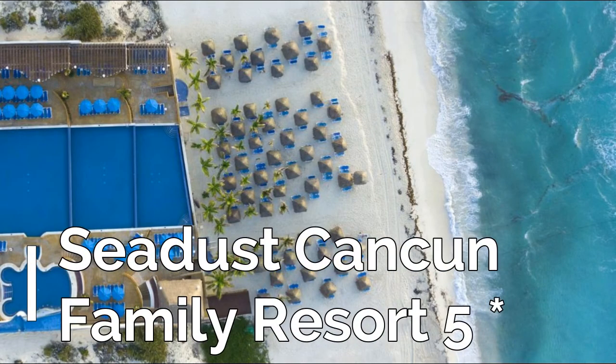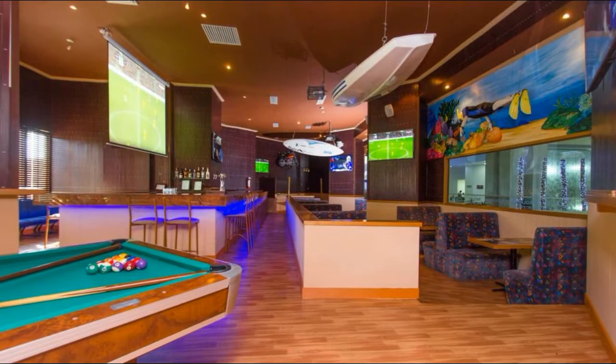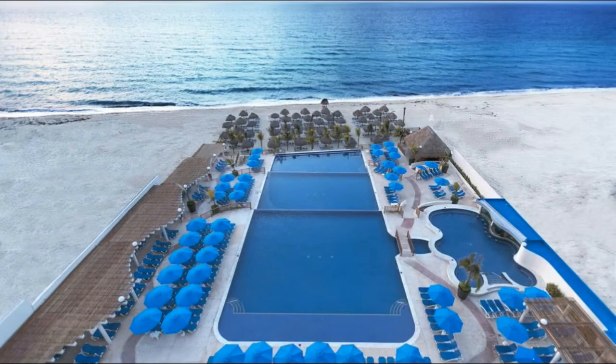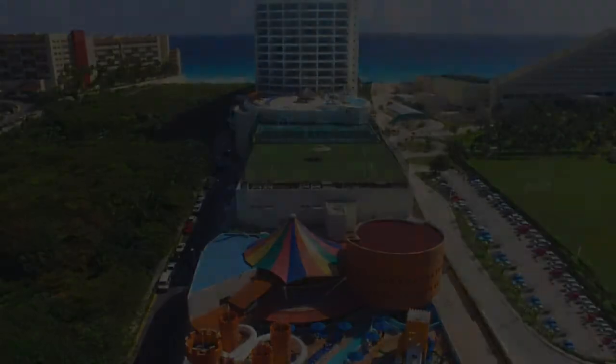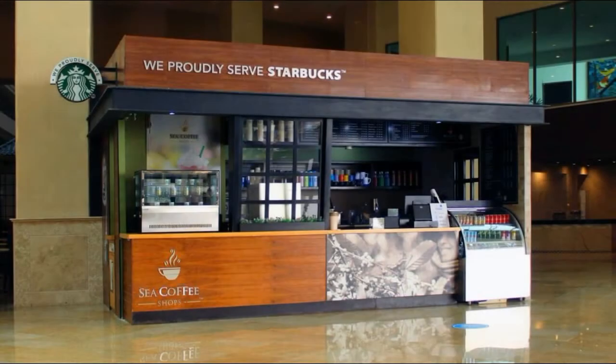Seadust Cancun is an all-inclusive family resort that combines the beauty of the Mexican Caribbean with food, drinks and fun activities for adults and children of all ages. Spend exciting days with your kids in our Treasure Island water park, explore our beach or swim in the waters